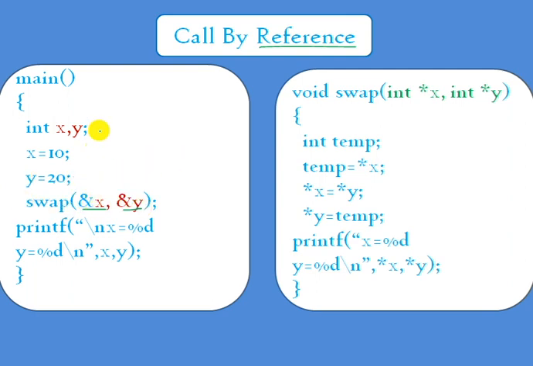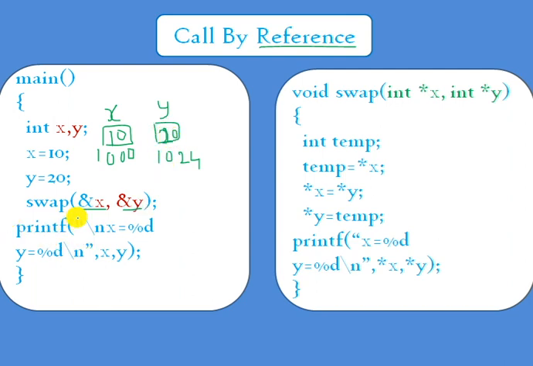So x address, already here I am having an x value in memory location and y. So let us say this is 1000, this is the location, and this is some 1024. These are the addresses of x and y, let us assume. And what are the values? 10 and here 20 initially. So this is 20. Okay.